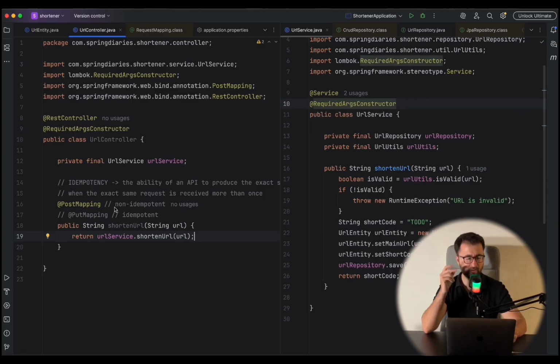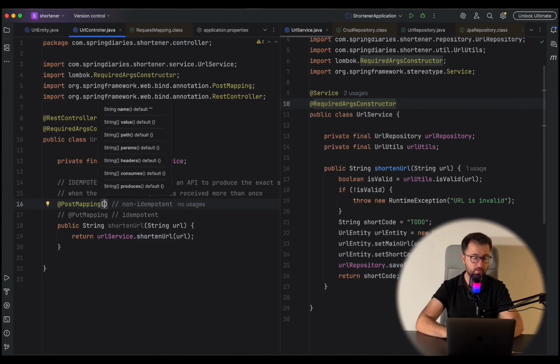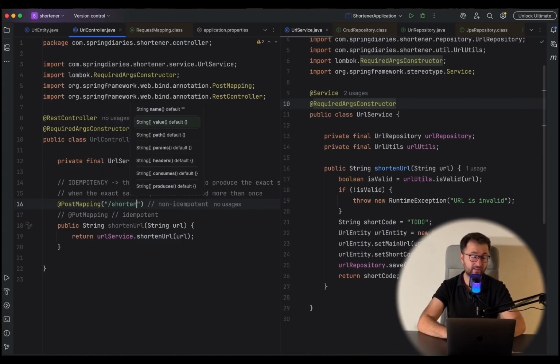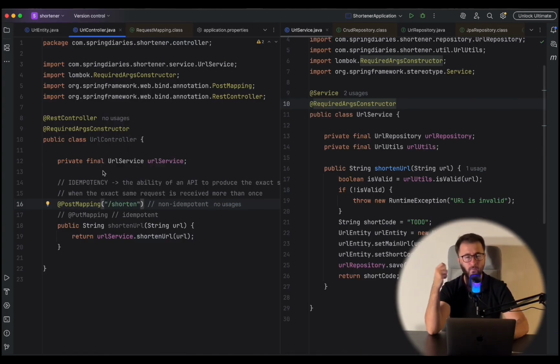There are two things that we need to change before even getting our application running. First of all, we are going to specify a path here, and I will call this, let's say, shorten. And secondly, by convention, when you are dealing with post APIs, the way you communicate business data, not metadata such as the IP address or a channel type, but rather important data for that particular API, let's say URL in this case,